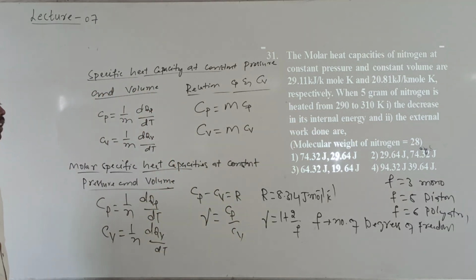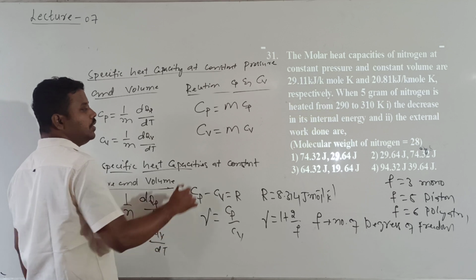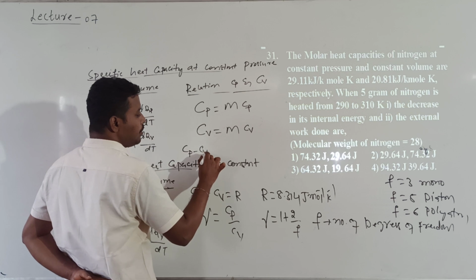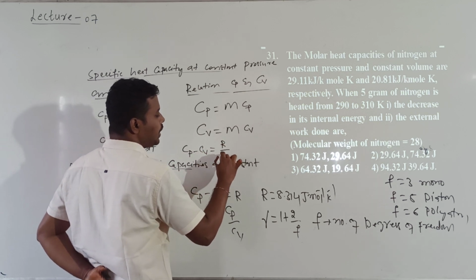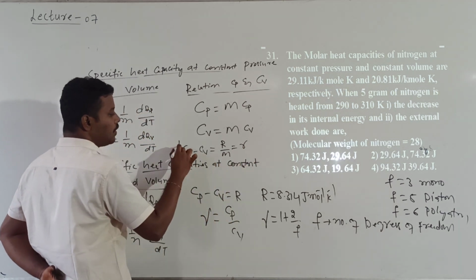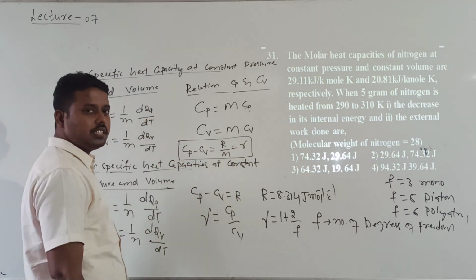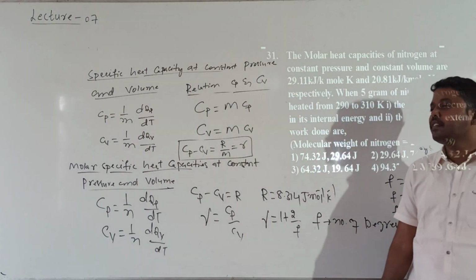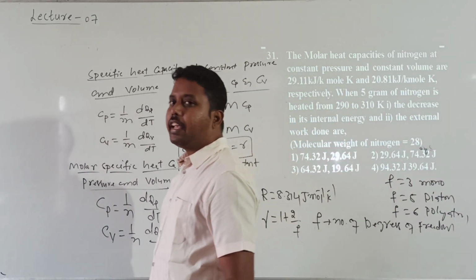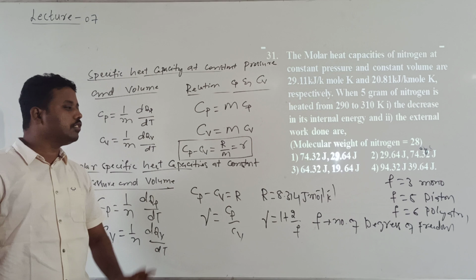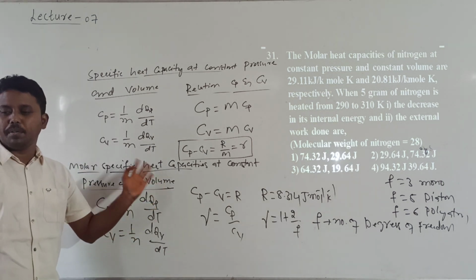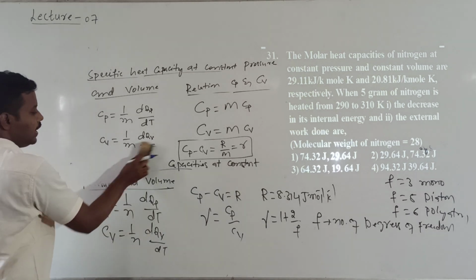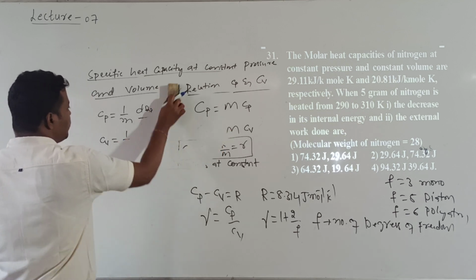These relations are important, where capital M is the molecular weight. The relation is given by small cp minus small cv is equal to capital R divided by M, which can also be written as small r, the specific gas constant. Capital R is the universal gas constant and small r is the specific gas constant. By dividing capital R by the molecular weight, you get the value of small r. This is the information regarding specific heat capacity. We discussed everything already, but I recall it once again. Now let us check question number 31.